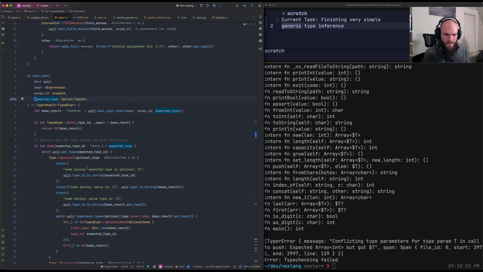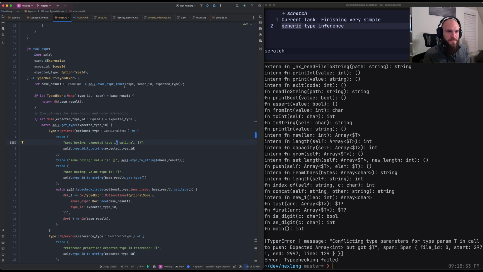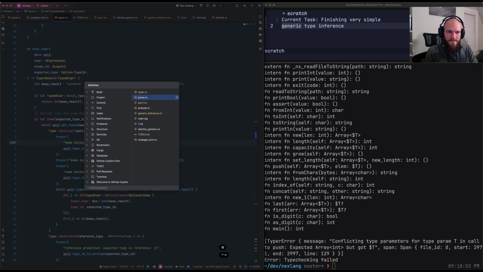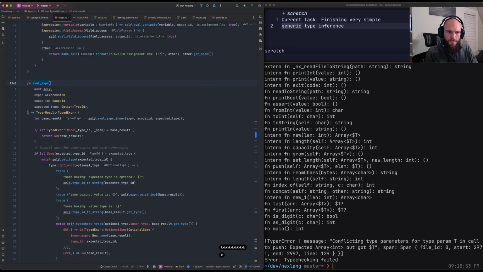And we do things like, if there's an expected type, okay, so this is the recursive case. If there's an expected type of option, then we can lift the value, things like that. So we just don't want to pass a type hint when we're only calling this to get the arguments. So let me go back to